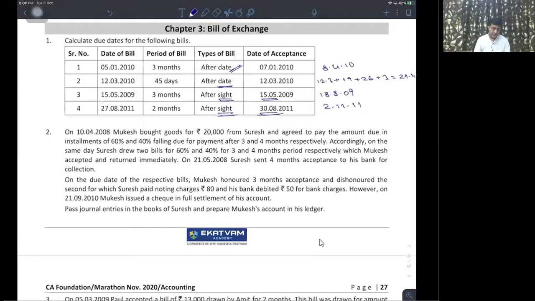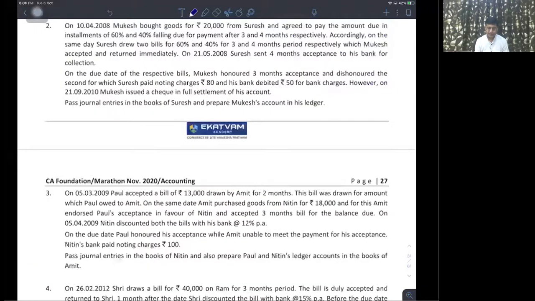On 10th April 2008, Mukesh bought goods for rupees 20,000 from Suresh and agreed to pay the amount due in installments, 60% and 40% falling due for payment after 3 and 4 months respectively. Accordingly, on the same day, Suresh drew 2 bills of 60% and 40% for 3 months and